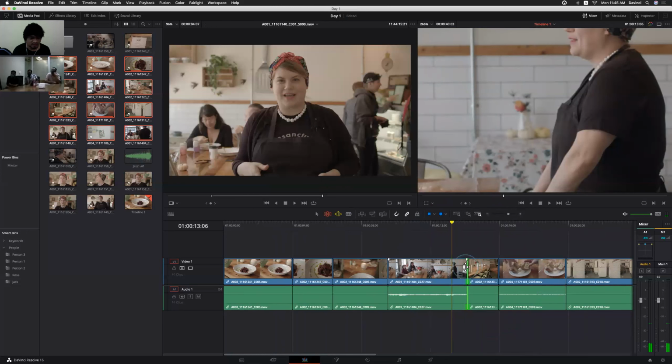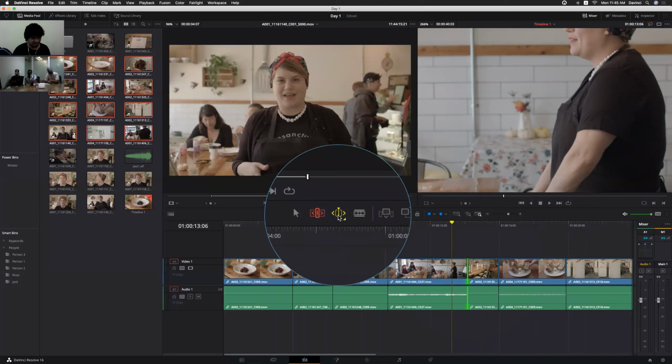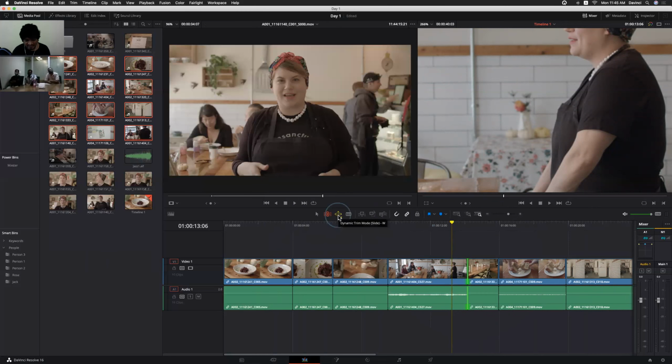And the useful thing is we can use JKL keys along with this dynamic trim. We do know about the JKL keys, right? Fast forward, backwards, right? And within the dynamic trim tool, we can use JKL keys to trim the clip.